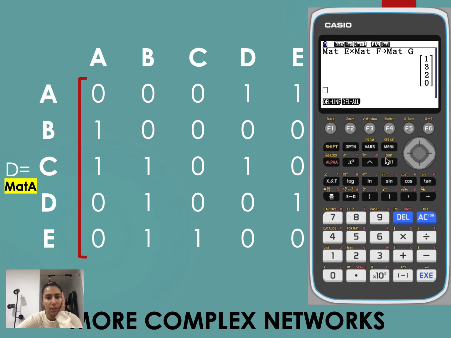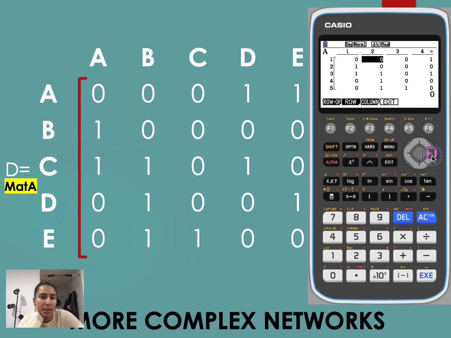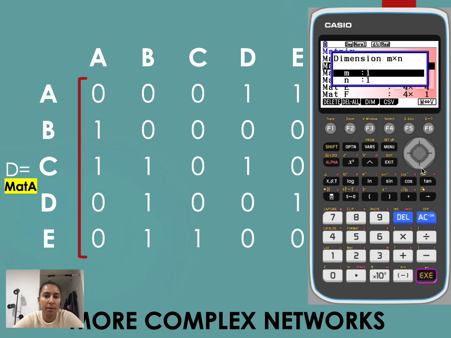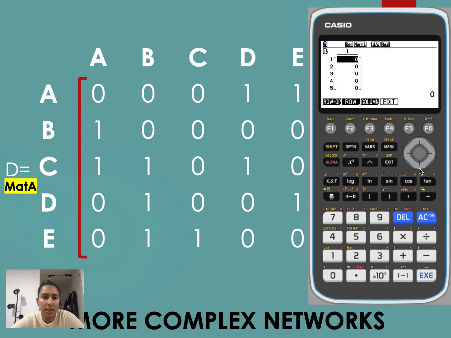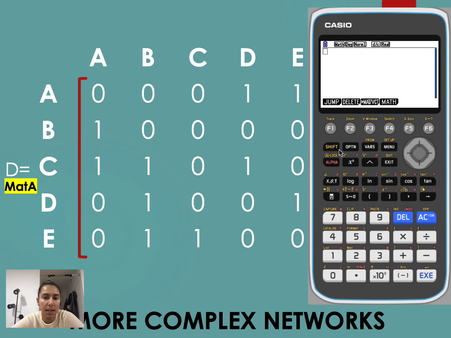So I'm just going to delete the one that I had up before. And then into my matrix, I had already filled this matrix in, so I've called this one mat A, my 5 by 5. I'm going to make my column of 1s, so it's a 5 by 1. I'm just going 1, 1, 1, 1. And then back to my calculation page. So same thing, shift mat alpha A